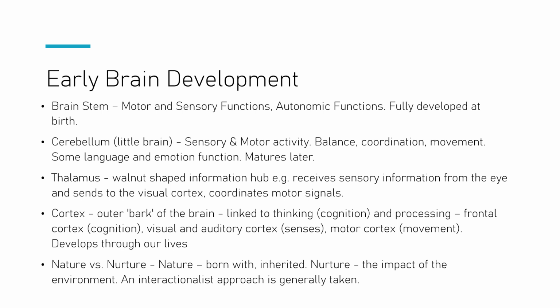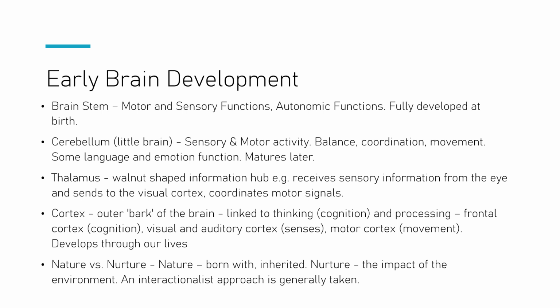so the cerebellum develops later. The thalamus is kind of walnut shaped, it's in both hemispheres of the brain. Remember, the hemisphere is the side of the brain, and it's known as the information hub. So it sends and receives information to other areas of the body. For example, it will receive sensory information from the eye, from the retina, and send it to the visual cortex in the brain. It does similar with motor signals in the motor cortex,